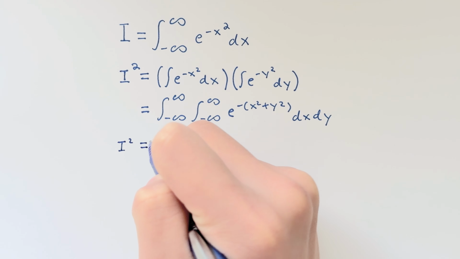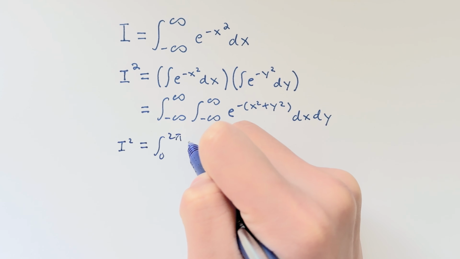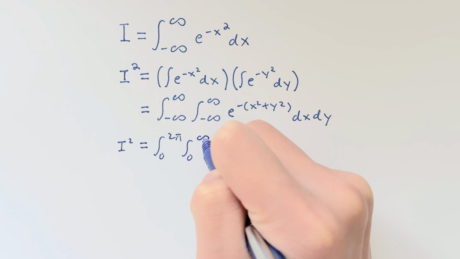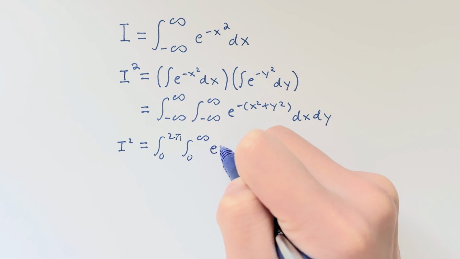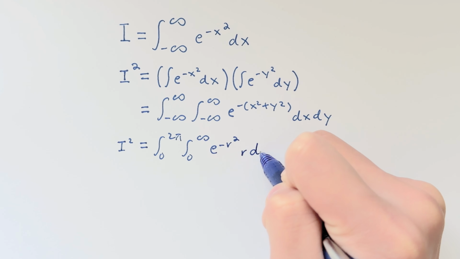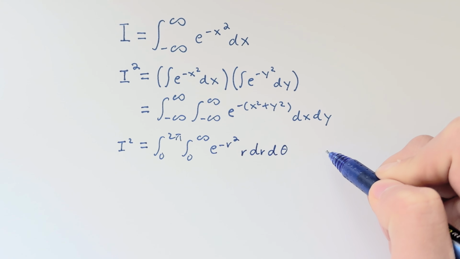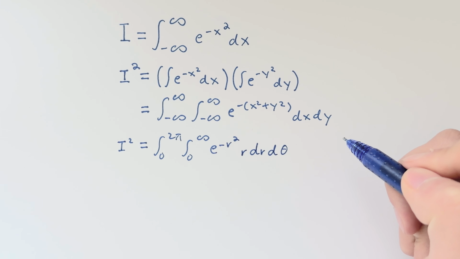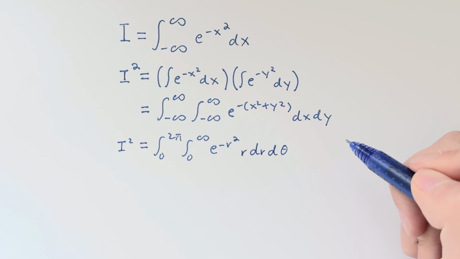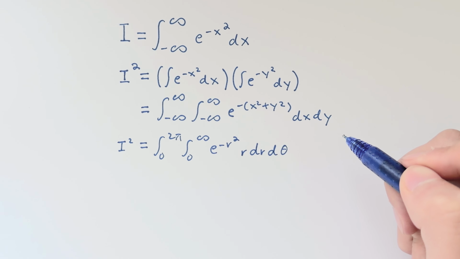is equal to the integral from 0 to 2 pi times the integral from 0 to infinity of e to the power of negative r squared r dr d theta. Because of that extra r we gained from the coordinate shift, we can now use a simple u substitution. The inner integral becomes exactly 1/2, and multiply that by the full rotation of the circle, 2 pi,